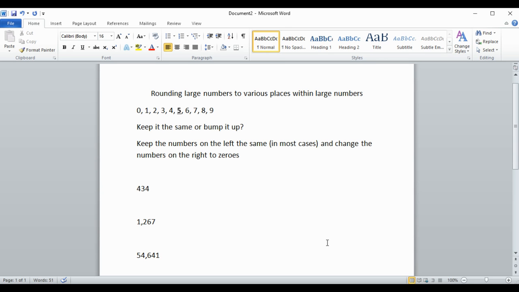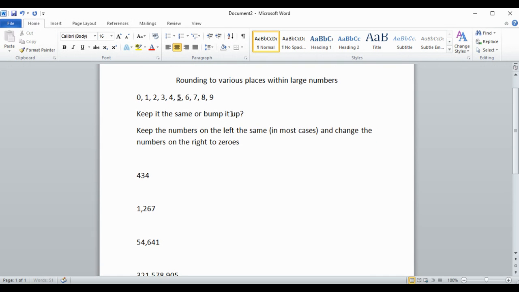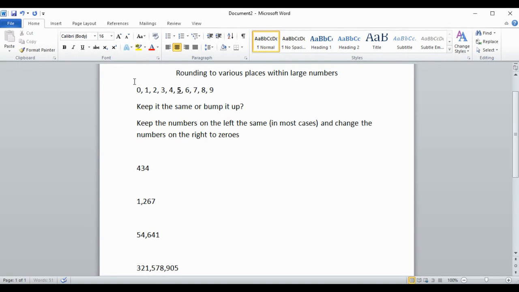This video is teaching you how to round large numbers to various places within large numbers. You're going to be rounding to various places within large numbers. And by various places, I mean places in the place value chart, like ones, tens, hundreds, thousands, 10,000s, 100,000s, millions, 10 millions, 100 millions. So one of the things you'll notice here at the top of this paper is that